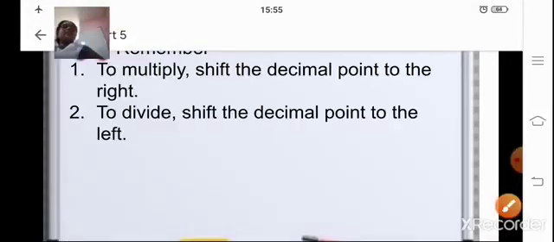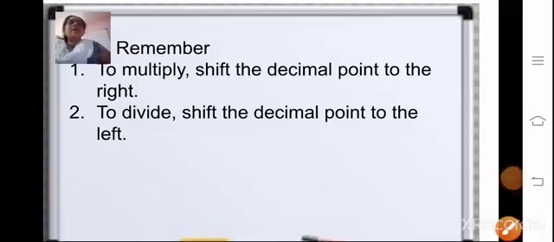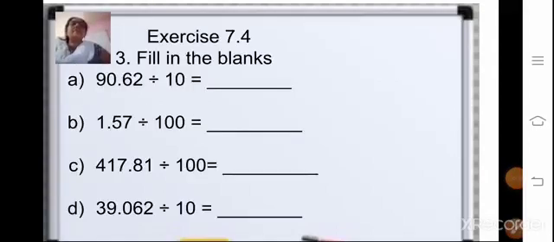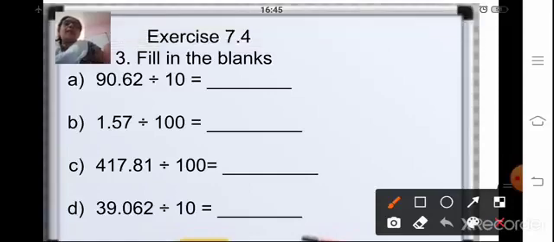Just remember, to multiply, shift the decimal point to the right, and to divide, shift the decimal point to the left. Let us start with our exercise part, that is exercise 7.4, question number 3, filling the blanks. You can do this in the textbook itself, children. The first question is 90.62 divided by 10. As this decimal number is to be divided by 10, the decimal point will move one place towards the left. So your answer is